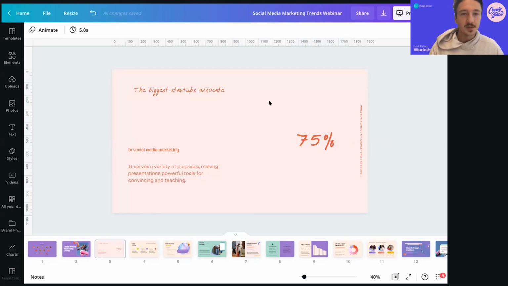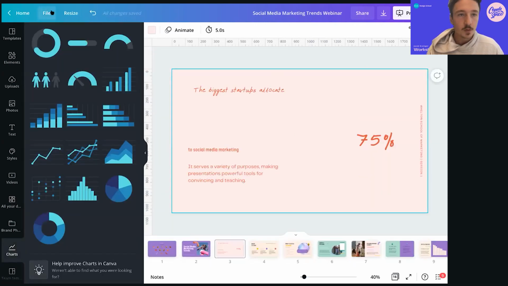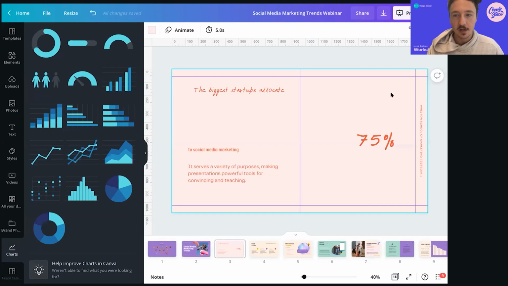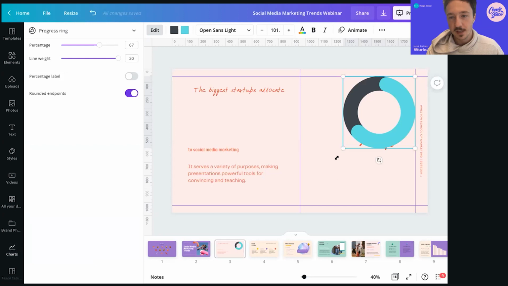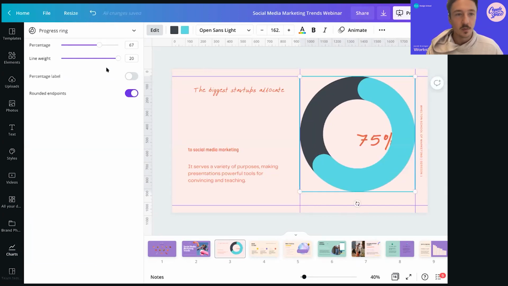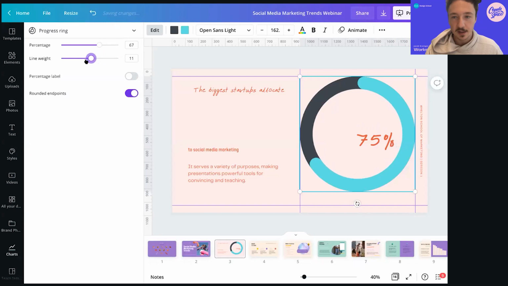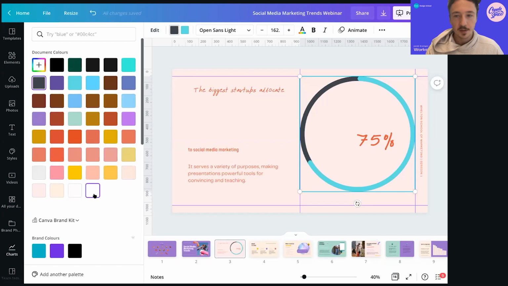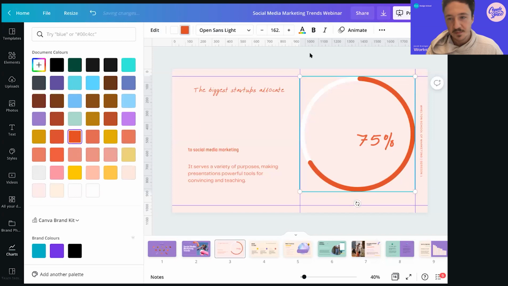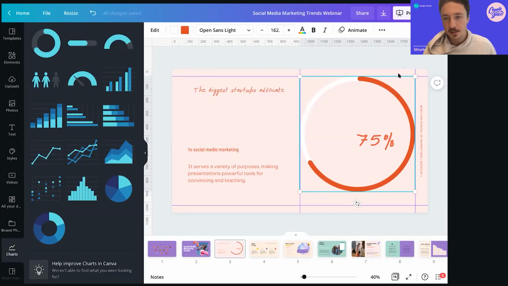Now, 75%, I'm going to use one of Canva's charts to help emphasize that. I'm also going to turn my guide back on to make sure that my visual content sits within the allocated space I've created here. I think this circular line chart would be a great visual to help create the 3/4, but our line weight's a bit thick. I'm going to bring that down to about 4 there. And I'm going to make sure that it suits the color of our design, the nice coral tones that we've used here. Just going to push this to the back because I believe,